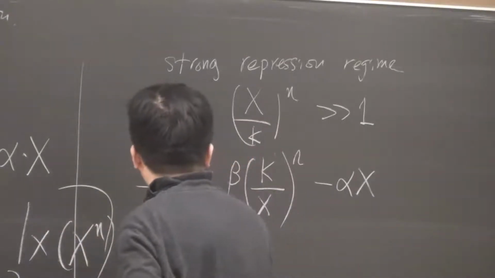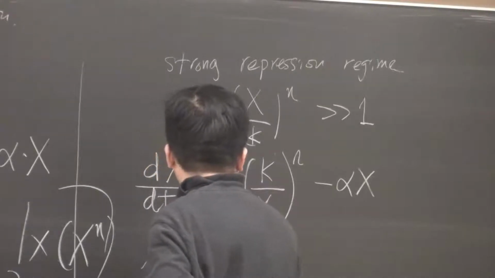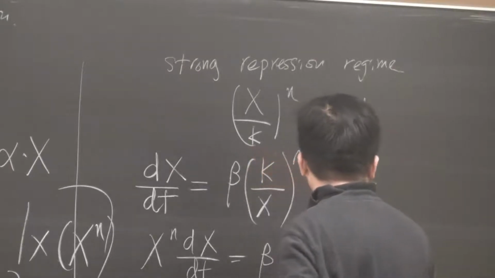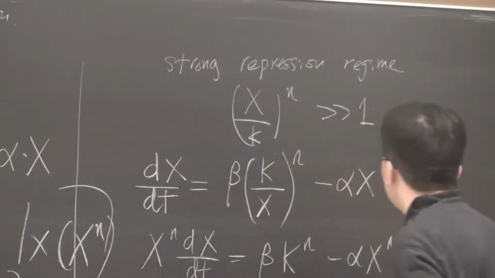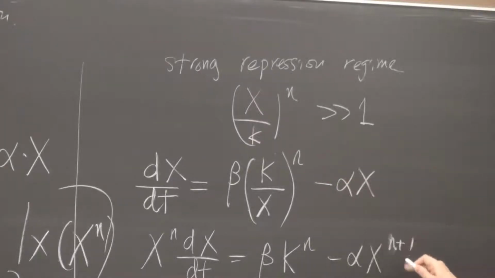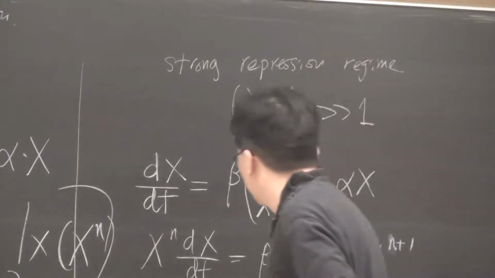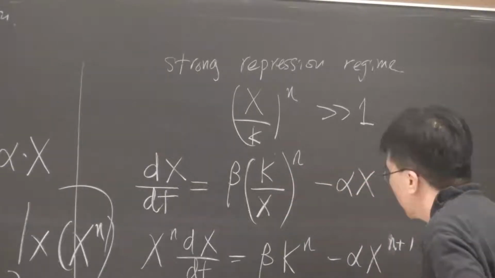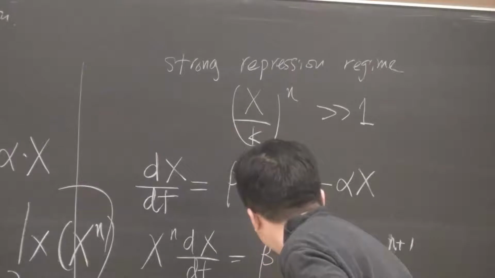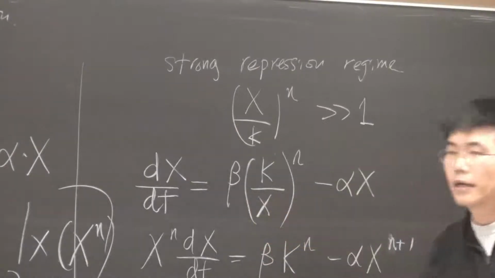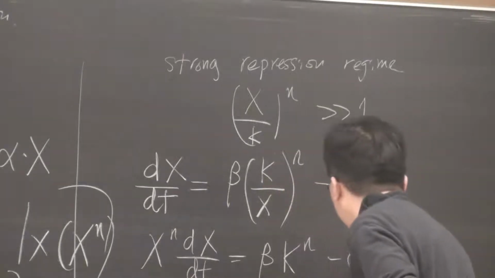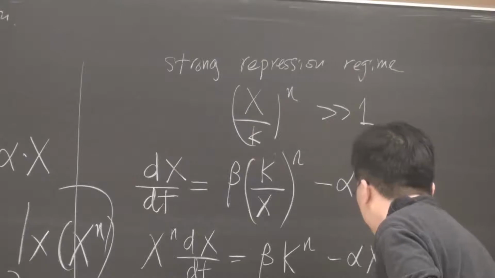If I do that, then I have, so then I can make a standard substitution. So I can say define U as X to the N plus 1 power. Then this, and then dU/dt is